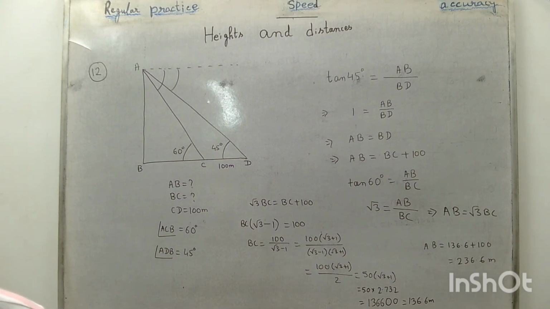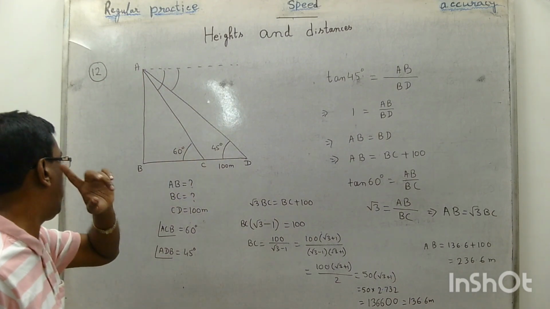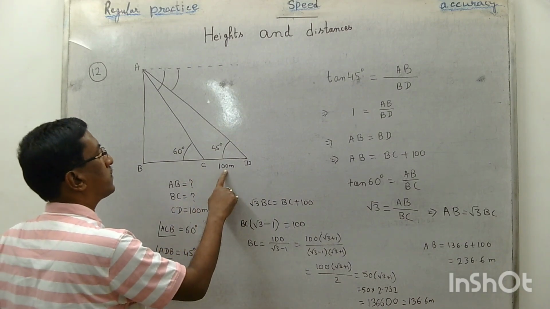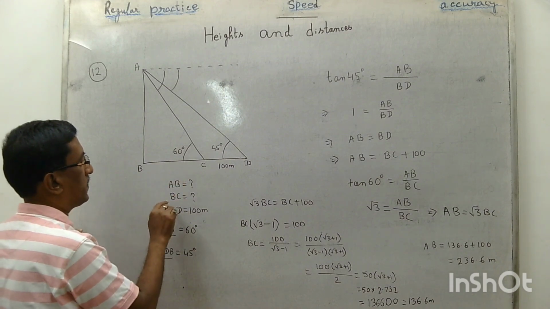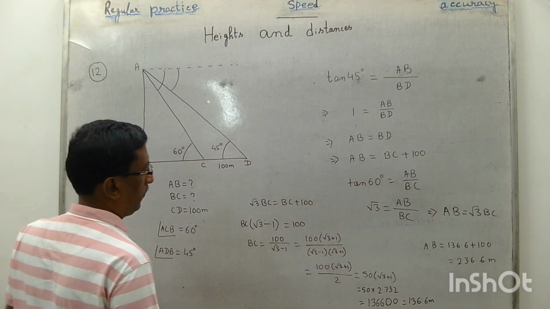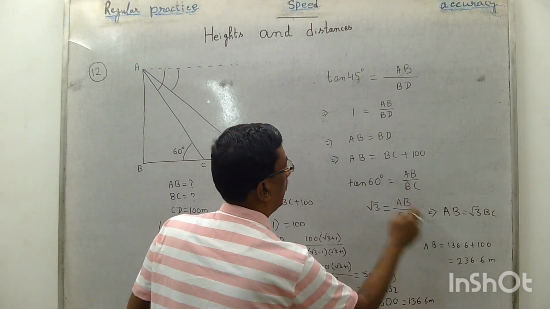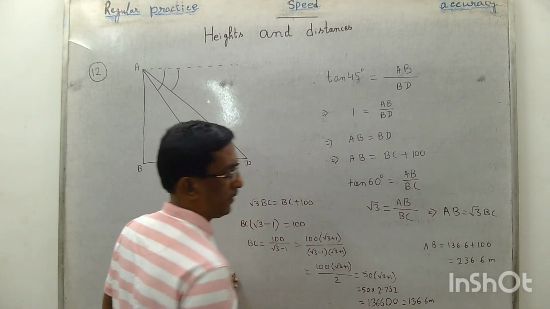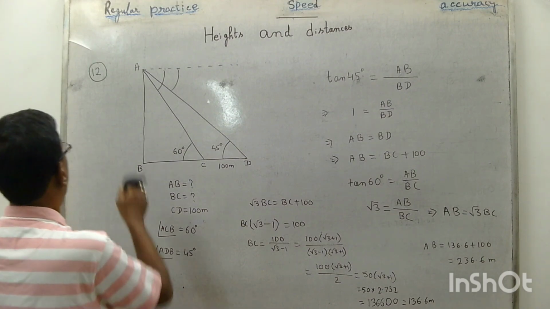हाँ, it's okay. So I have done number 12. Problem number 12. एक पैराशूटिस्ट यहाँ से देख रहा है ये पॉइंट को, ये पॉइंट का ये जो एंगल दिया है ये भी है. Now difference between these 2 points is 100 meter. Question is what is AB and what is BC? So basically I have just put AB and BC. Ultimately BC is 136.6 and AB is this much, 236.6. हो गया है. Now we will go to problem number 13.